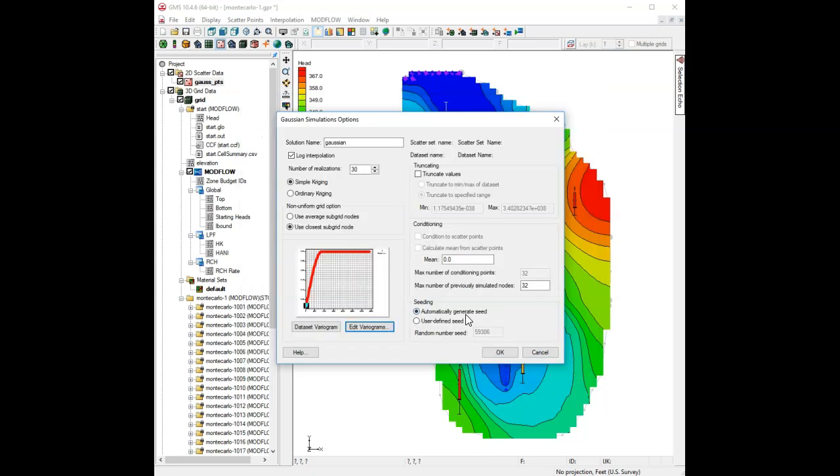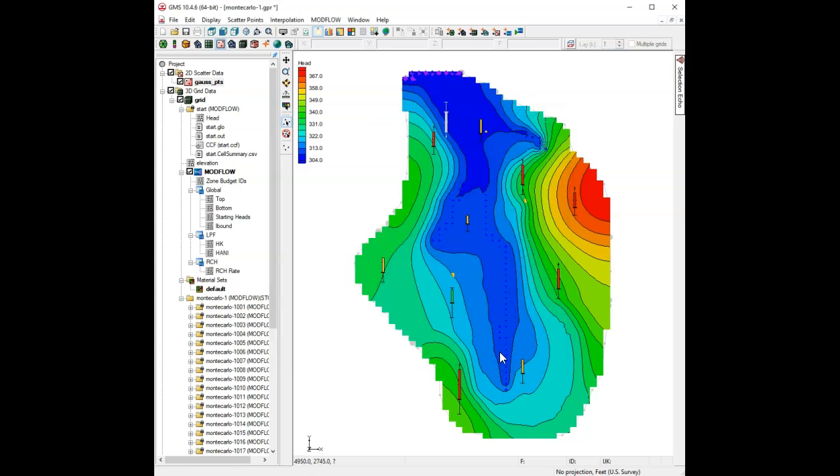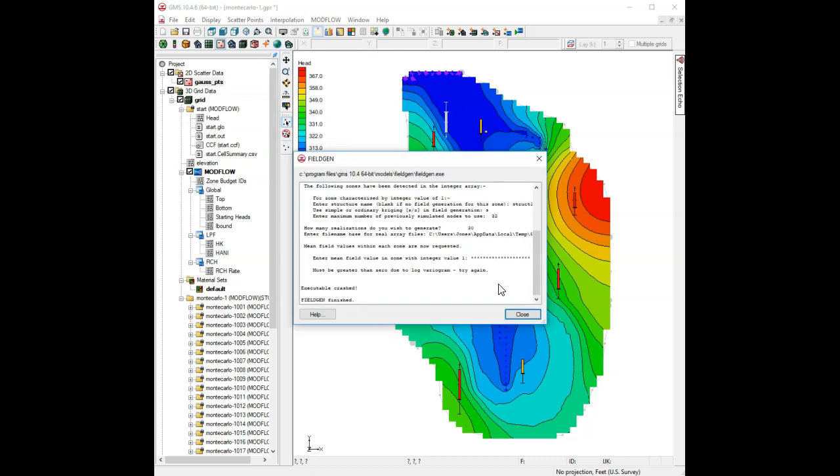So I'm going to click OK there, and let's see, we want to truncate our values between 0 and 200. We want to kind of limit that. We don't want anything negative. I'm not sure 0 is a really good value. We'll make it something that's a little positive. And we'll click OK. And then we'll select Run Gaussian Simulation. And it,